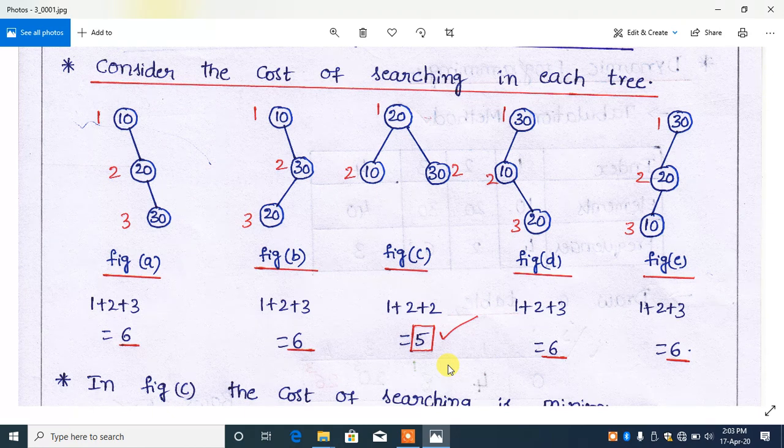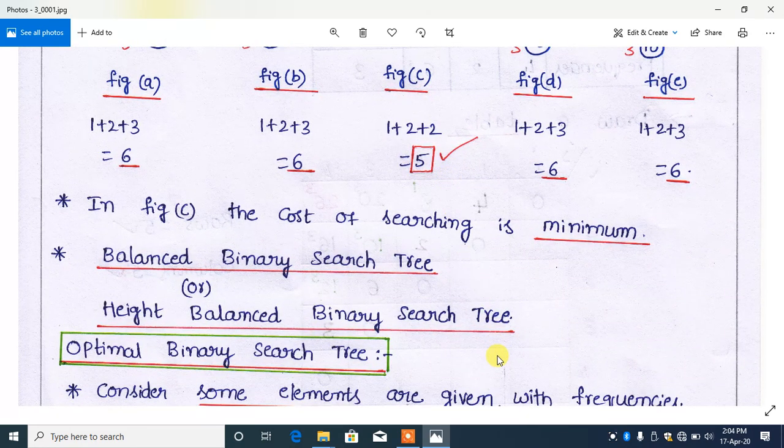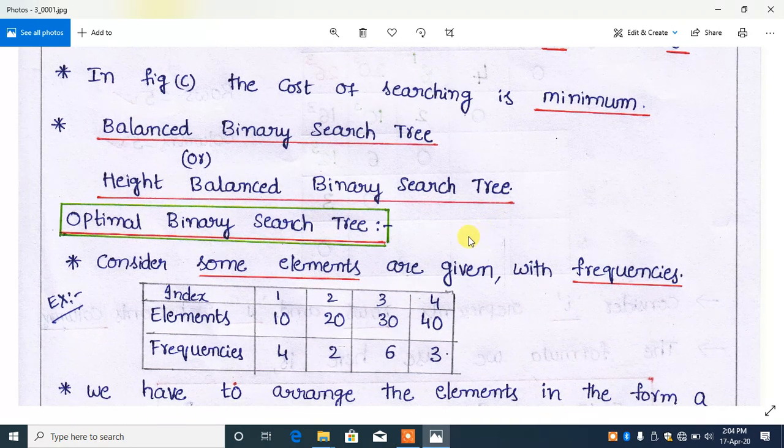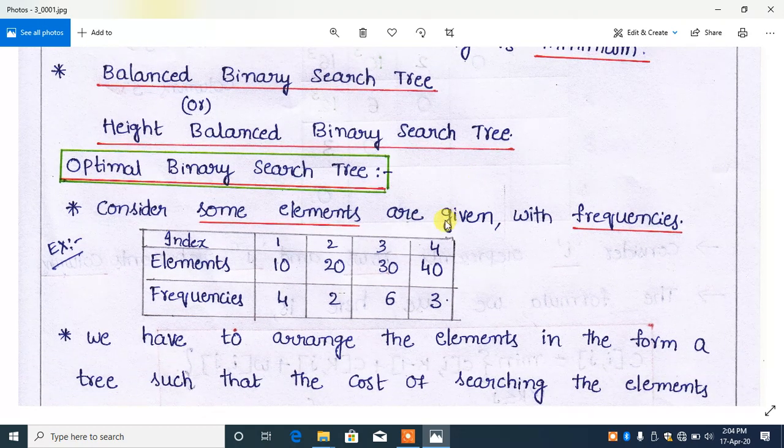Now we will discuss the optimal binary search tree. You are clear about the balanced binary search tree; now we will see the optimal binary search tree. Consider you are given some elements: 10, 20, 30, 40, 4 elements. You are given some frequencies also for these elements.